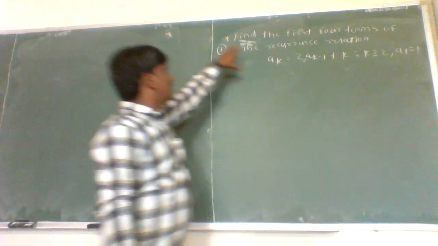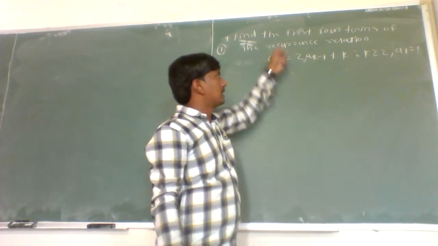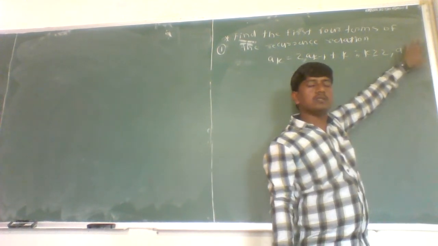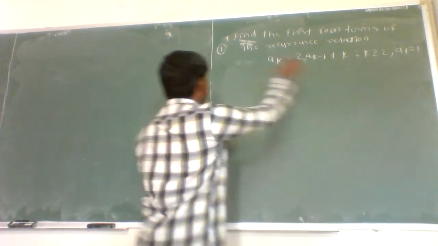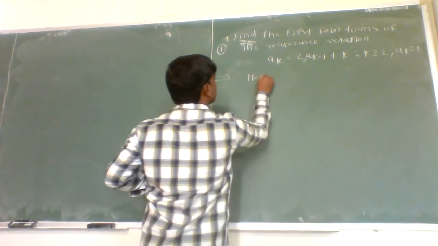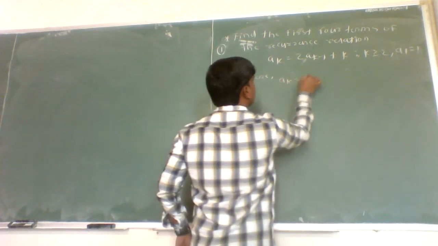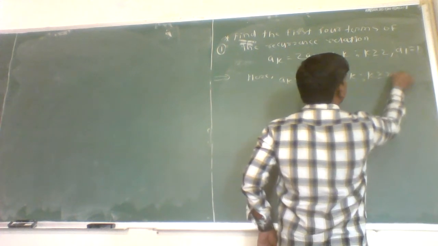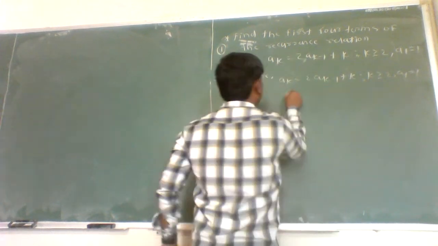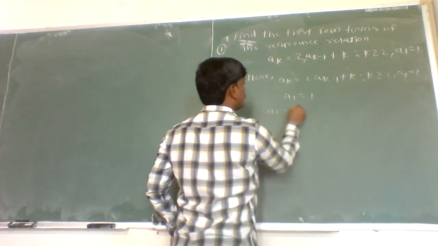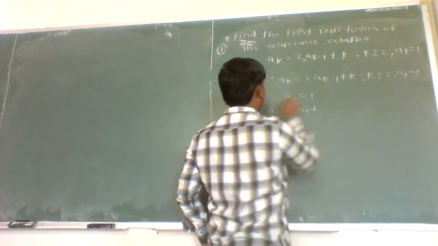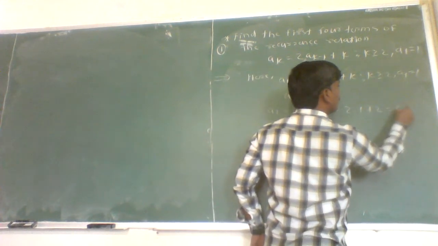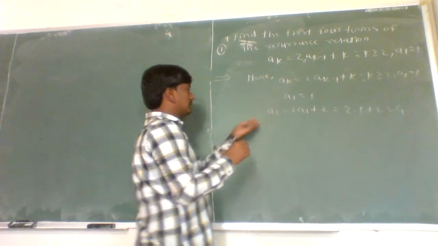Now here we have to find out the first four terms of the given recurrence relation, and we are given the initial condition a1 equal to 1. As a1 equal to 1, it is nothing but the first term of the given sequence. The given recurrence relation is ak is equal to 2 times ak minus 1 plus k whenever k is greater or equal to 2, and a1 is equal to 1. As a1 equal to 1, a2 is nothing but 2 times a1 plus k, where k is 2, which is 2 times 1 plus 2, which is equal to 4. Therefore, it is equal to 4, which is the second term.